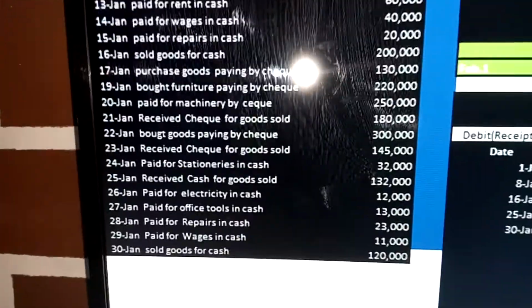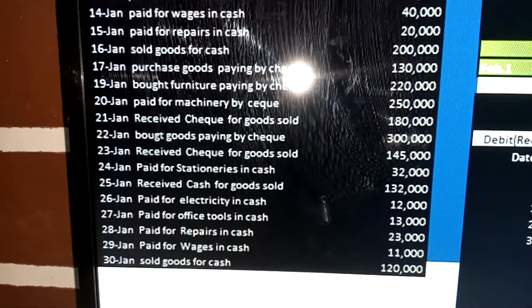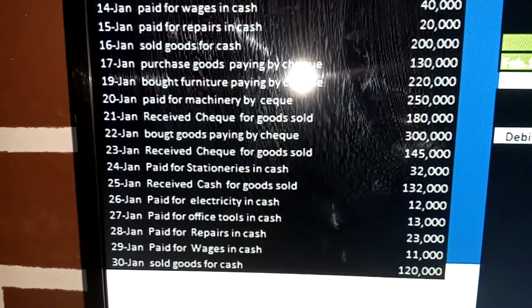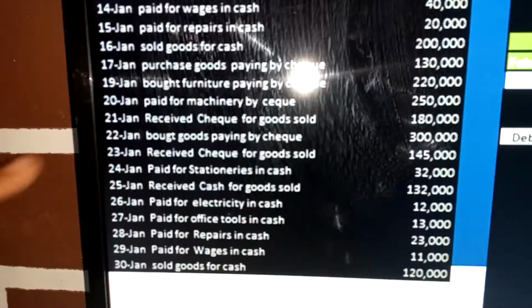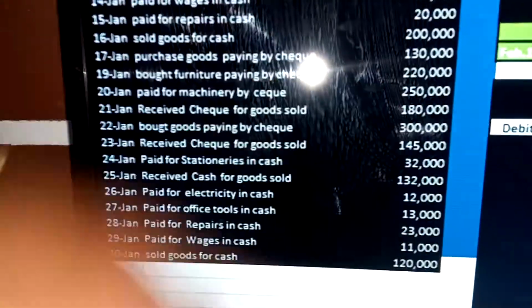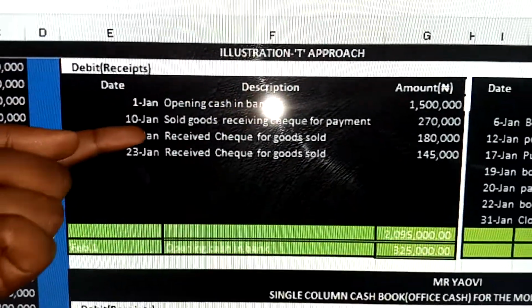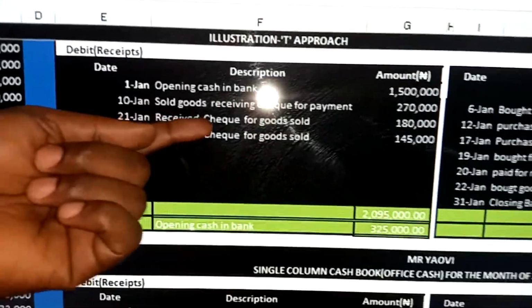250,000 there in the bank cash book. And then the next one, we have received check for goods sold, the 180,000. It's a bank, so we go to the bank cash book, and then we come to the debit side, which is the receipt side. Received check for goods sold, the